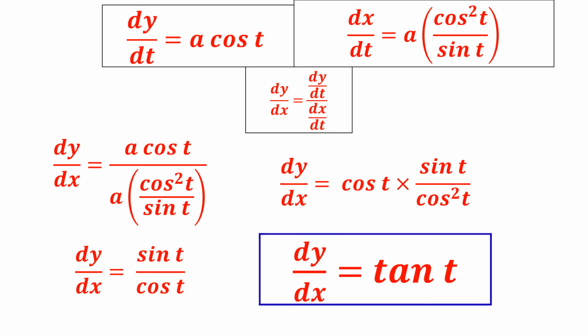Whenever you are having a problem involving trigonometric functions, there will be a lot of scope for simplification, simply by making use of the basic trigonometric identities or formulae for multiple angle, submultiple angle and so on. But as we have discussed, it is always advisable to find the simplest form for the derivative, that is dy by dx.